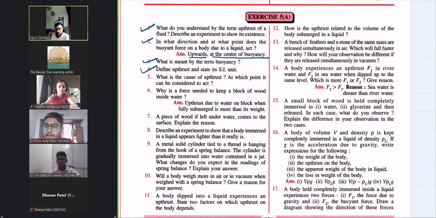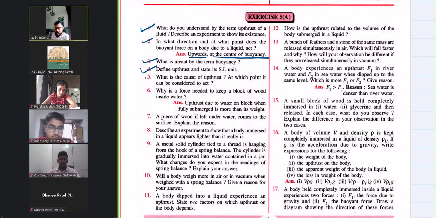kgf is a gravitational unit, another unit. There can be only one SI unit for one quantity. You cannot have two different SI units for any quantity. For any force, the SI unit is Newton. kgf is also one of the units, but it is not the SI unit. Since upthrust is a force, it will have only one SI unit, which is Newton.